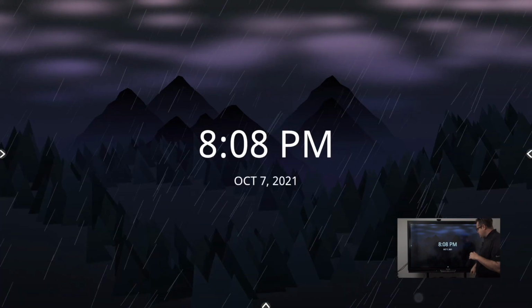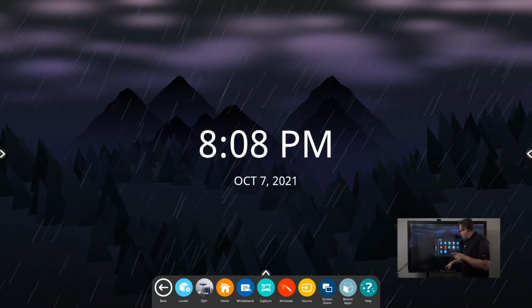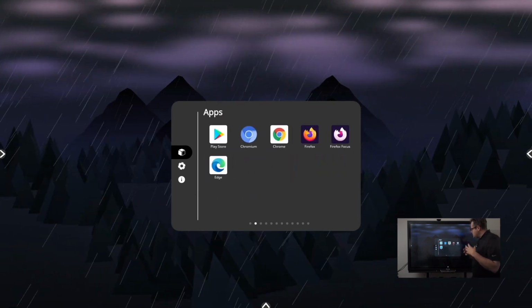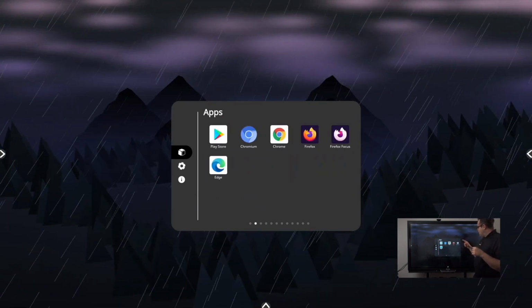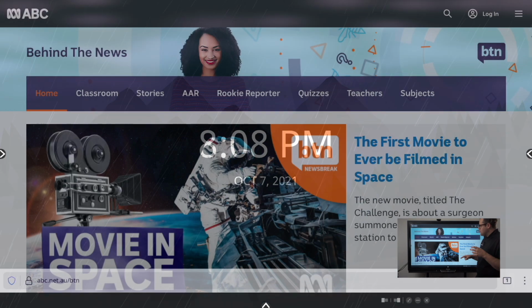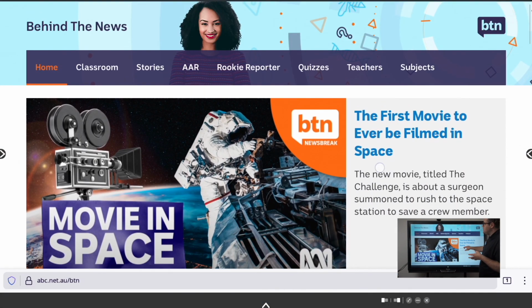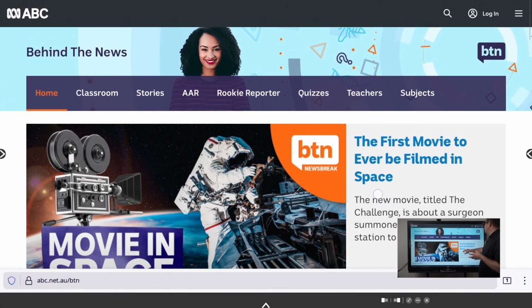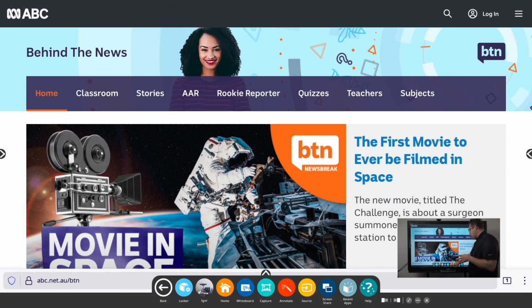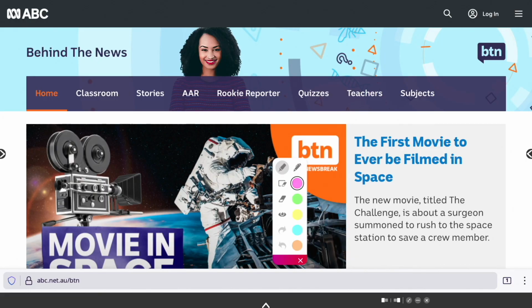So let me minimize Chromium. I want to show you a few other browsers too, just to get you thinking. One is Firefox, which is, again, if you look at it, there's not a heck of a lot of difference, but one of the big differences with Firefox, it's a small thing, I think it's a giant thing, I really like,